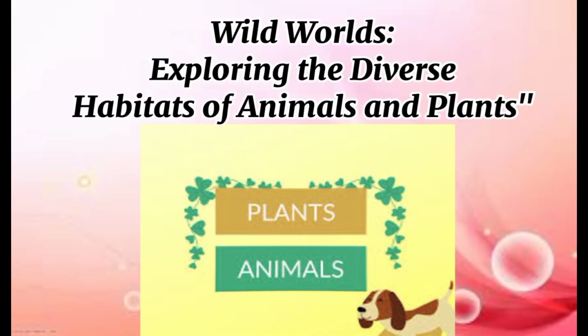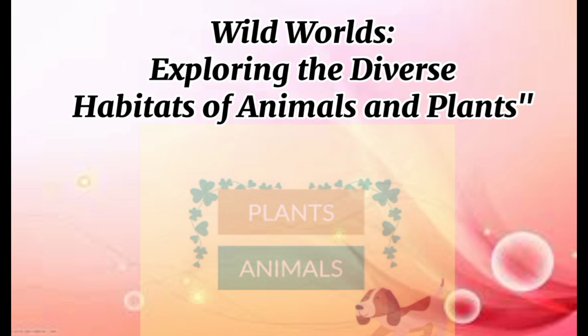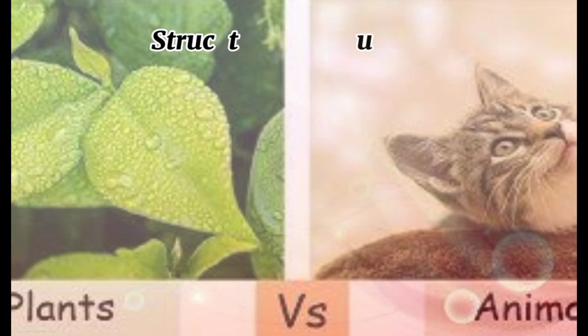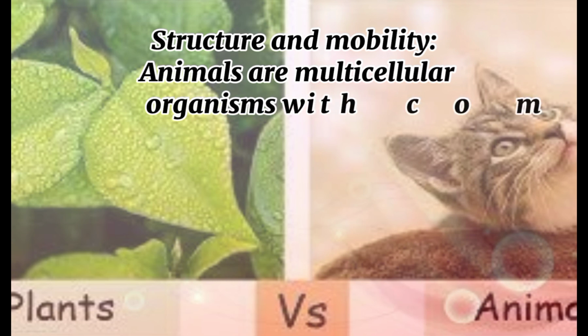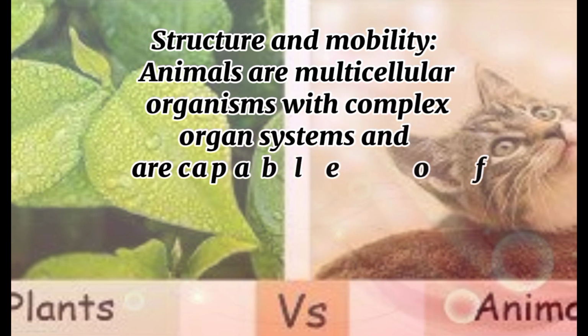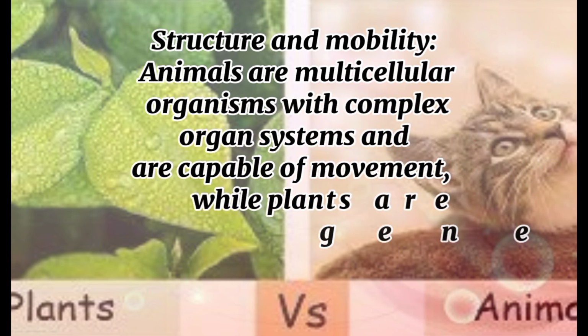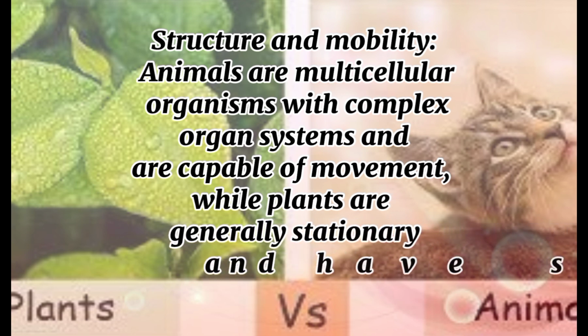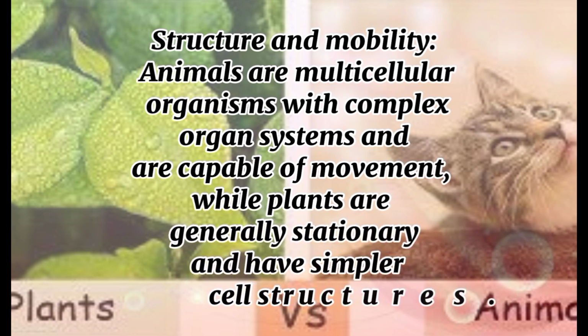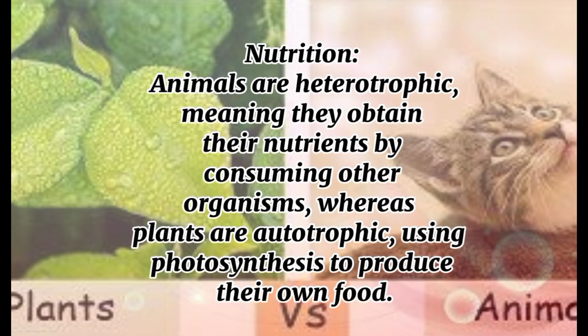Wild Worlds, exploring the diverse habitats of animals and plants. Structure and mobility. Animals are multicellular organisms with complex organ systems and are capable of movement, while plants are generally stationary and have simpler cell structures. Nutrition. Animals are heterotrophic, meaning they obtain their nutrients by consuming other organisms, whereas plants are autotrophic, using photosynthesis to